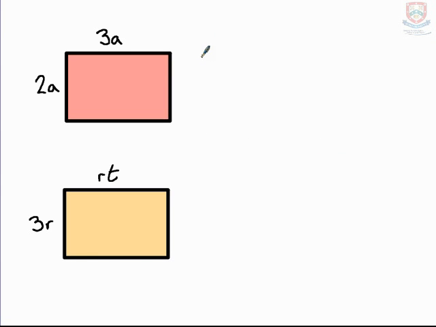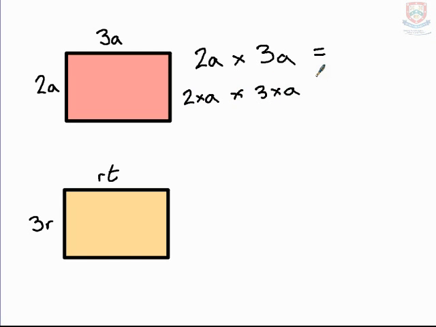I've got a height of 2a. I'm going to multiply by 3a. Now we know if we have a times a, that's going to be a squared. But what about these numbers? Well, another way of saying 2a is 2 times a. Instead of 3a, we know this means 3 times a. And if I multiply those all together, I end up with this stream of numbers and letters, which can be